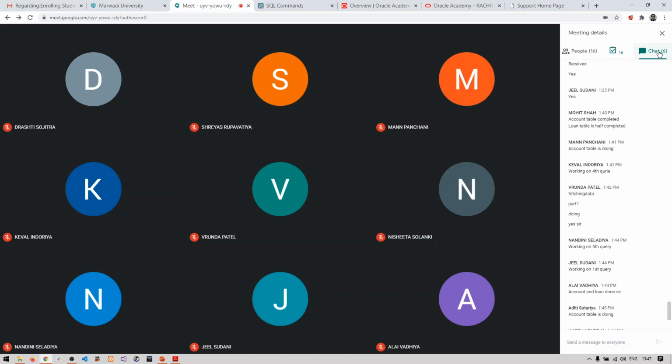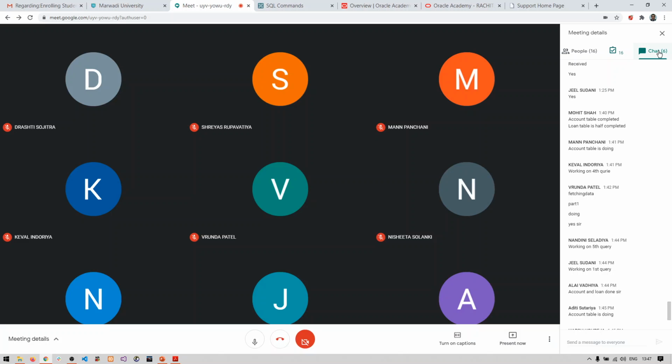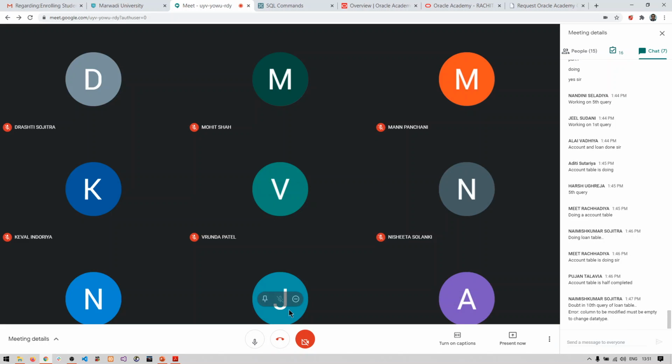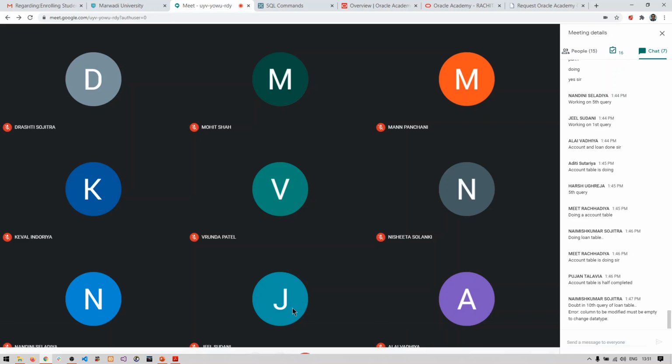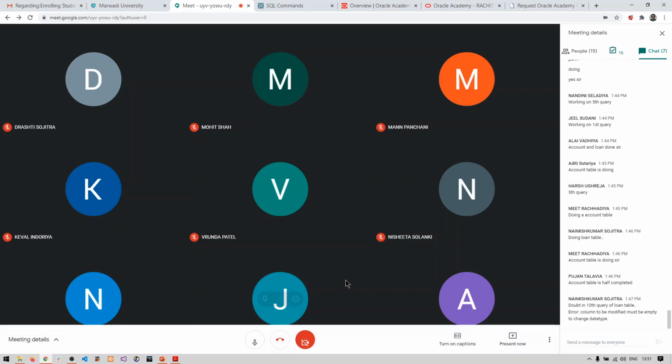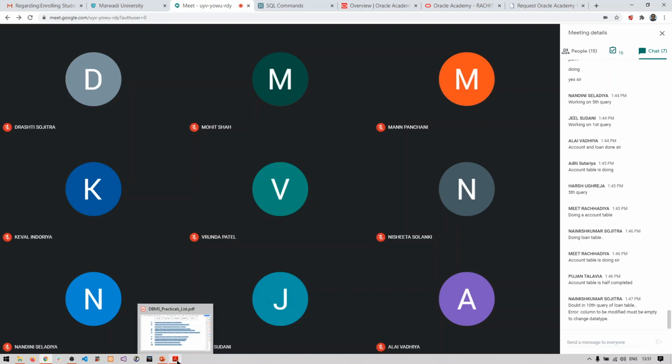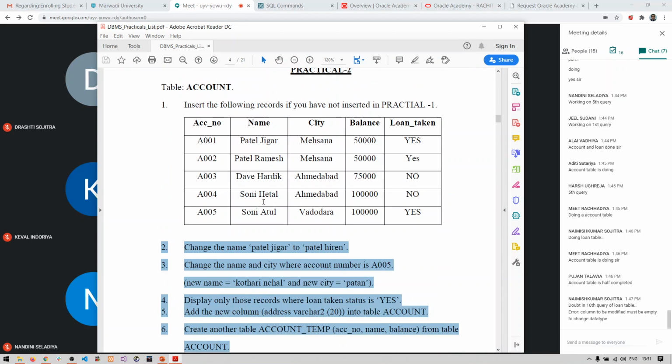If you have any queries or you are stuck somewhere, just raise your query to me. Okay, there is a doubt from Namish. Doubt in the 10th query of the loan table: column to be modified must be empty to change data type. Let me check the query of the loan table.